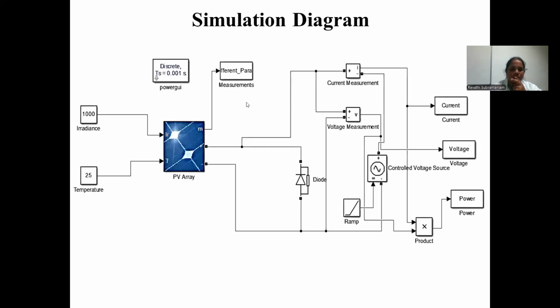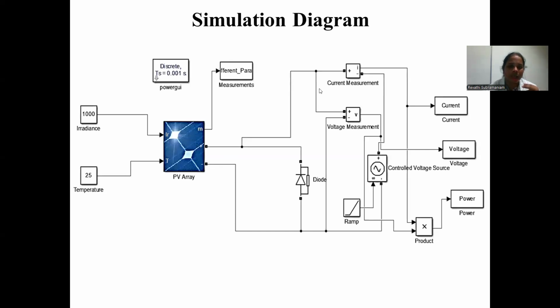So this is the simulation diagram where the PV array has been taken as a default icon present in the toolbox. And for the PV array, the input is irradiance and temperature. Both the irradiance and temperature are given standard values, which are 1000 watt per meter square and 25 degrees Celsius. And the output of the solar panel is DC output, so a plus and minus has been taken